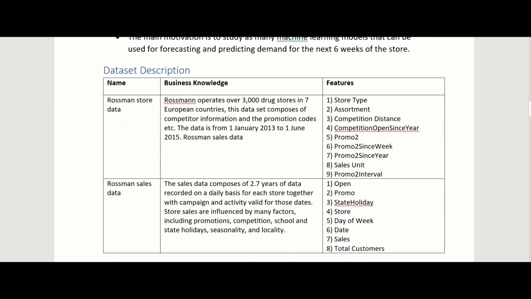So I will briefly go over the dataset description. Rossmann store data has these features: store type, assortment, competition distance, competition open since year, promo 2 since week, promo 2 since year, sales unit, promo 2 interval. Rossmann sales data has these features: open, promo, state, holiday, store, day of week, date, sales, total customers. So as a data scientist, the problems that I felt could be solved from the given data, helping us to understand the data better and to forecast in a more informed way, are: